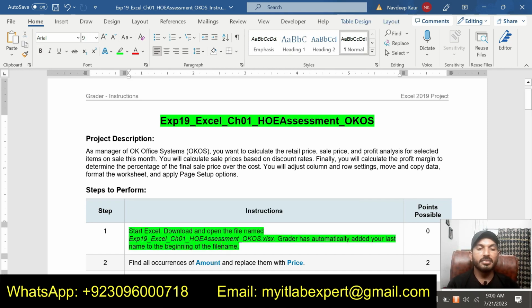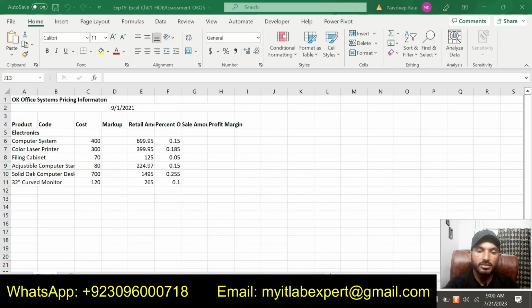In step 1 it says to start Excel, download and open the file named EXP19 Excel Chapter 1 Hands-on Exercise Assessment OKOS. So basically we are supposed to download this Excel workbook, and I have already downloaded it.